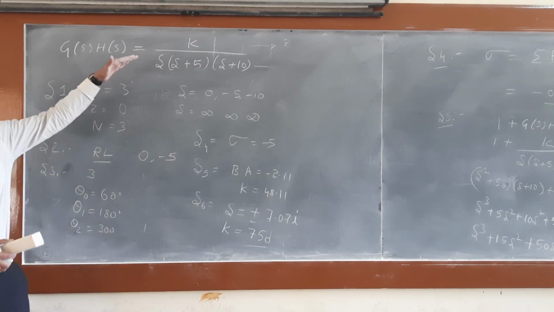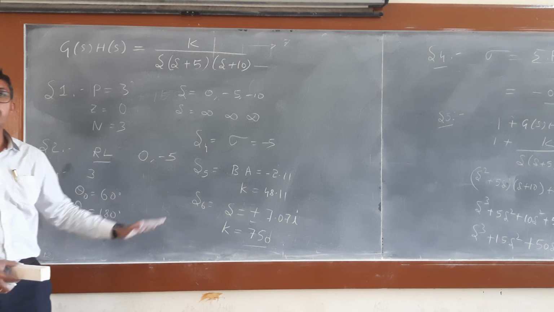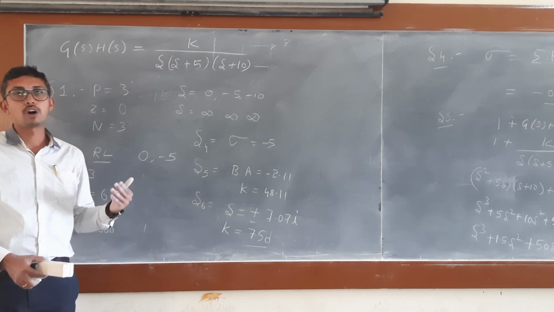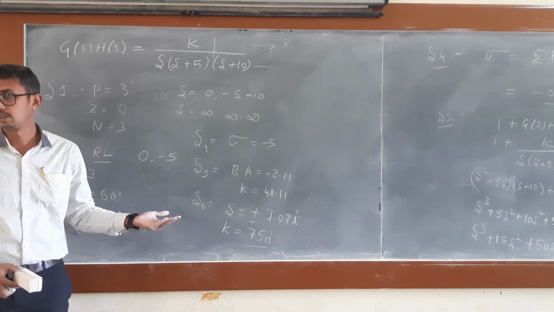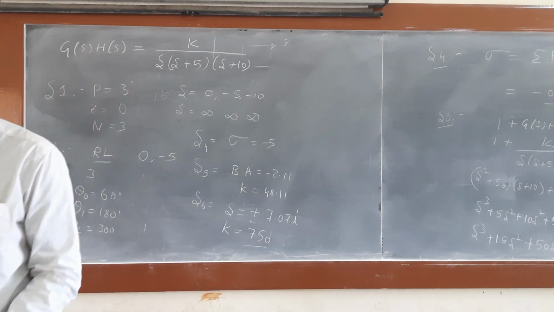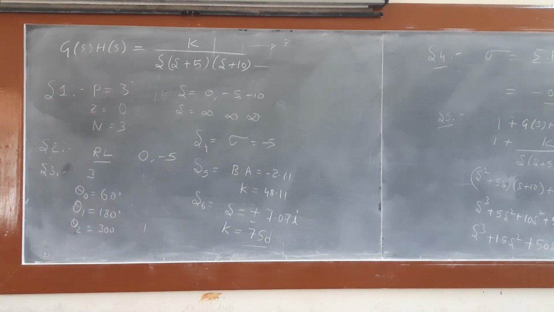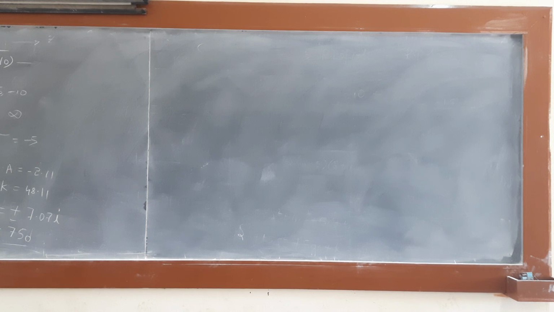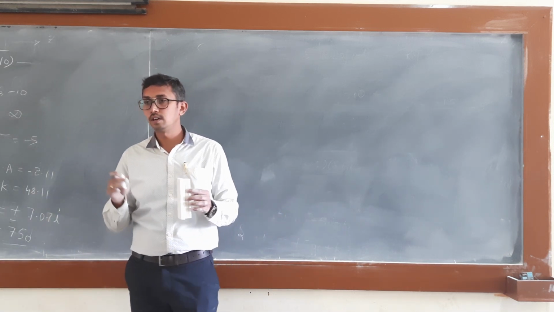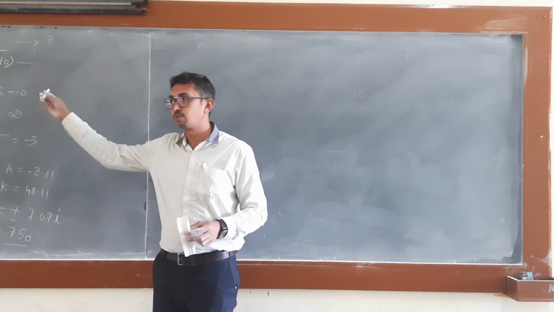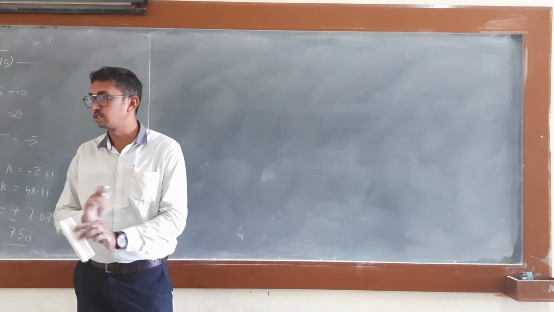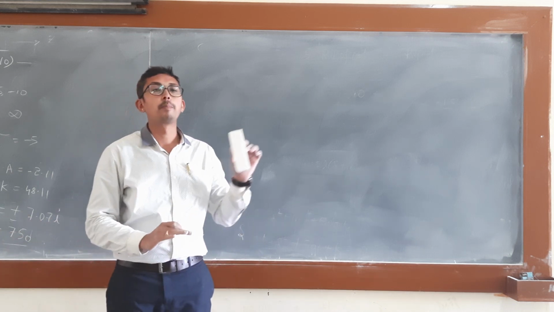So now using these results, we are going to plot the graph. So that graph is going to be called what? Root locus. Let's start drawing the graph. Okay. So now we are about to draw the root locus by using these values. We are drawing the approximate root locus. It is not an exact root locus, just an approximation.